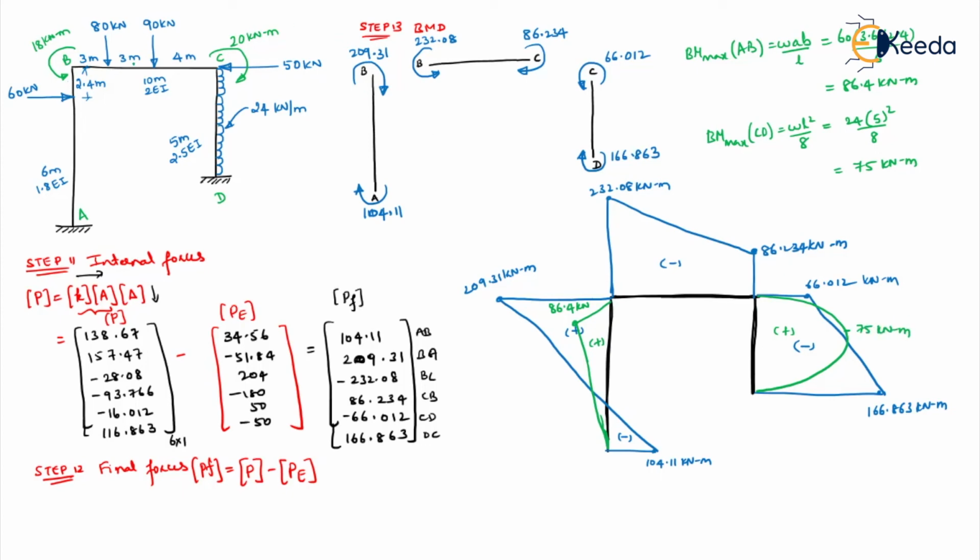Now here, if you observe, for the span BC, it doesn't have a standard case, right? Standard formulas we don't have when we have 2-point loads at some eccentric distances. So what we have to do is first find the reaction and then try to find the bending moment. The shape we will draw here now. The values we will do after we find the shear force.